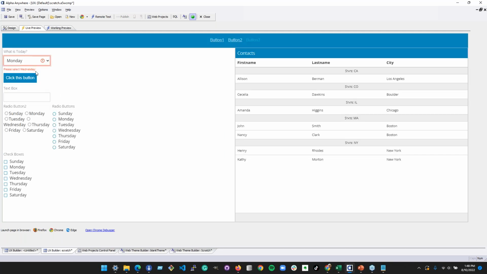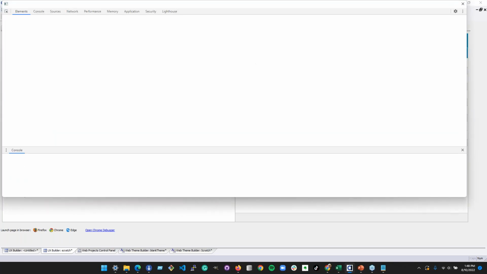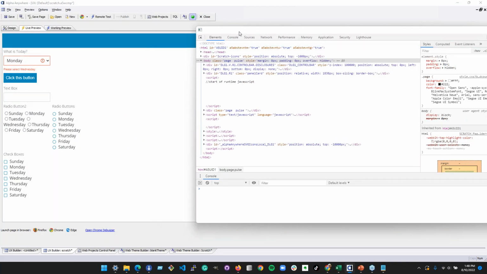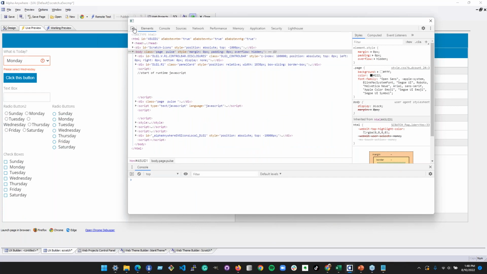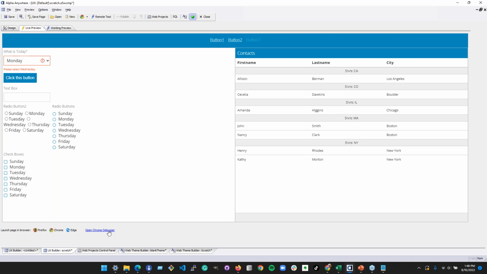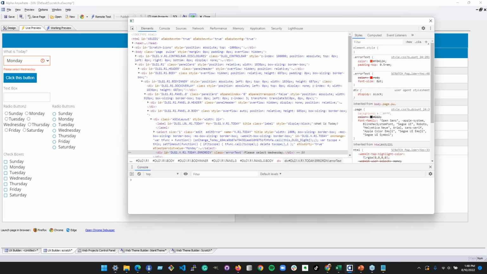So pick Monday. So this is that text, and that text you're not going to find in the theme, but it is added dynamically, and I figured out what that was by opening the Chrome debugger, which is this link down here, and then I grabbed this box here, and I moused over that guy, and I clicked on it, and then I clicked on this again to bring the Chrome debugger back to the foreground,